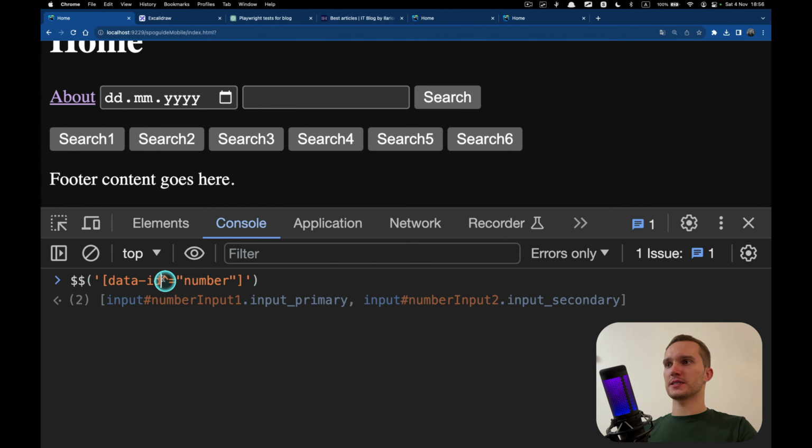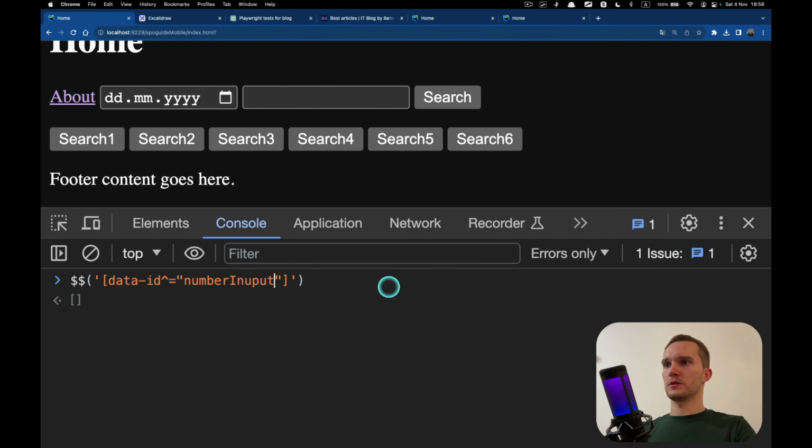This symbol means that we have to search from the start, from the beginning. So the beginning of this attribute value is number input. Number, come on, input 2, input secondary, right, first one, great.